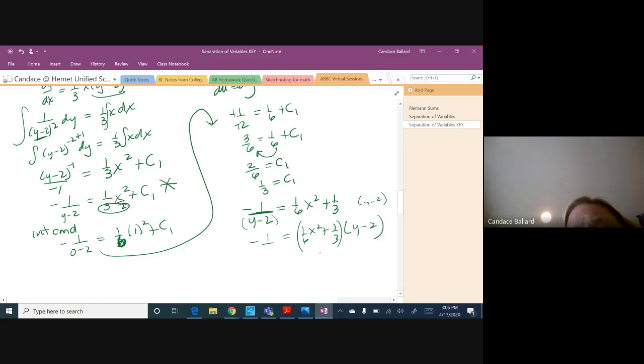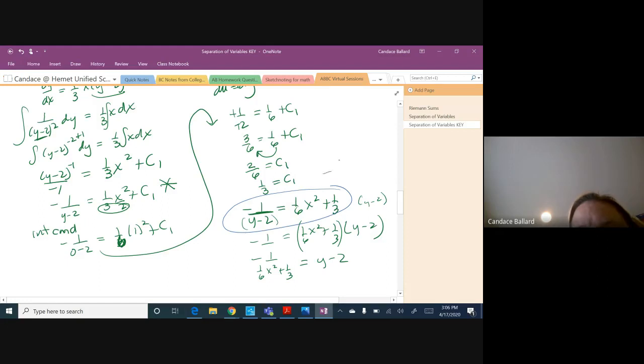Then I could take this guy and move him to the other side by division. So negative 1 divided by 1/6 x squared plus 1/3 equals y minus 2. If I had simply, in this step right here, let me use a different color. Okay, in this step right here, if I had simply just flipped the numerator and the denominator on each side,